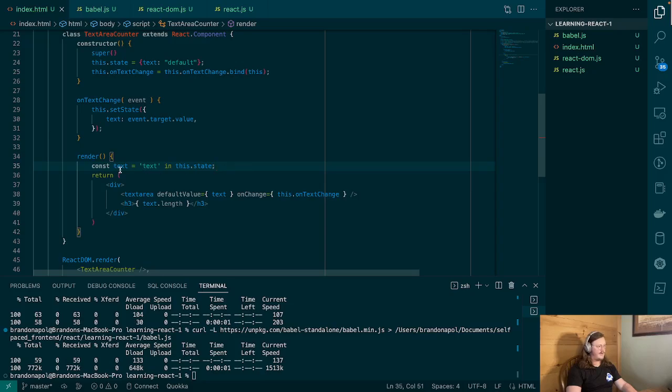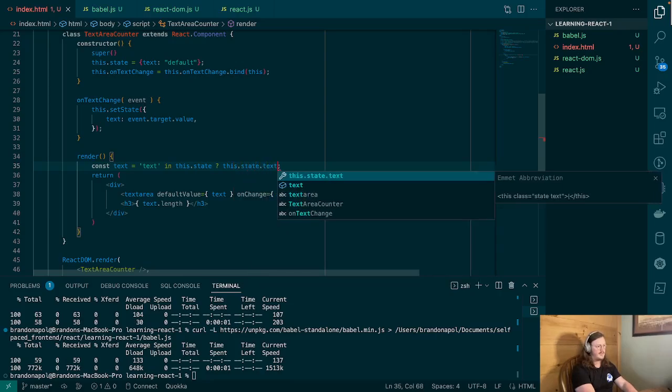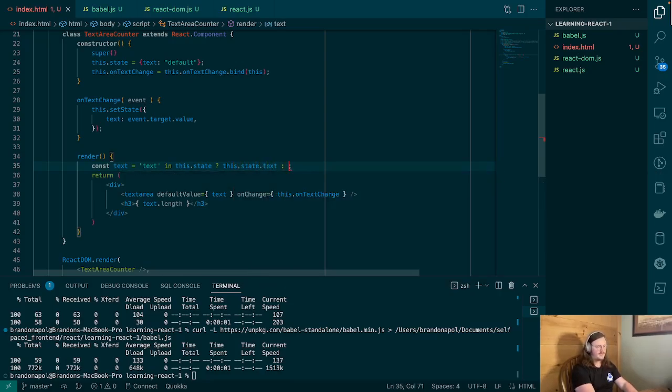We get either true or false. So right now this is getting set to true. And we're going to finish this. And we're going to say if there is state, then we want to set it to this.state.text. Great. Otherwise, we're going to set it to